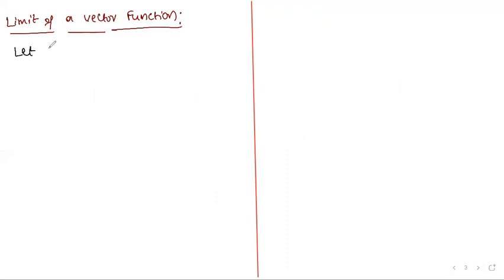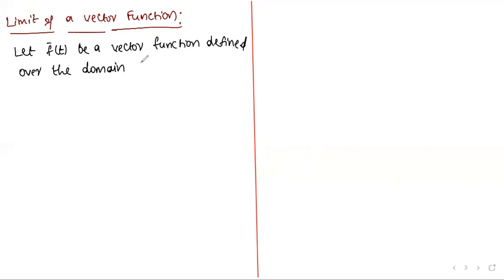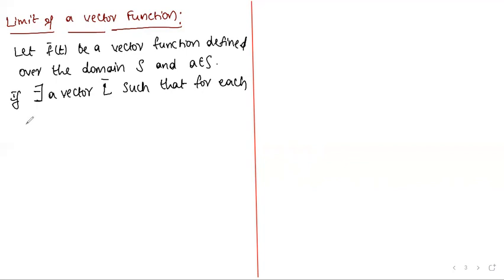Let f bar of t be a vector function defined over the domain capital S, and we can take one element in the set capital S. If there exists a vector L bar such that for each epsilon greater than 0, there exists some delta greater than 0 such that